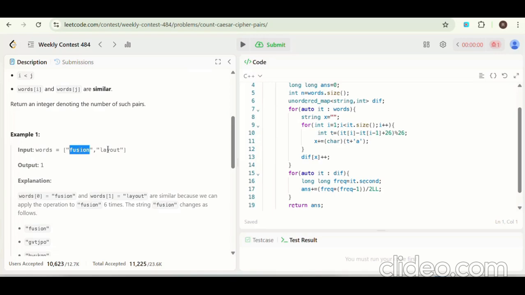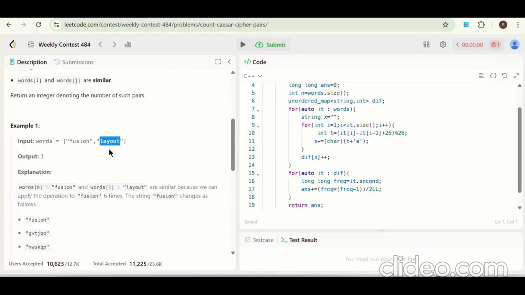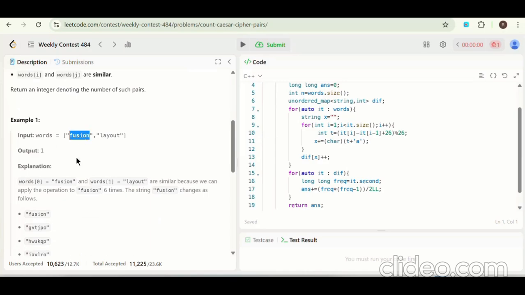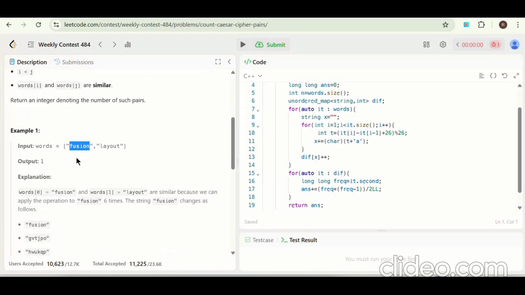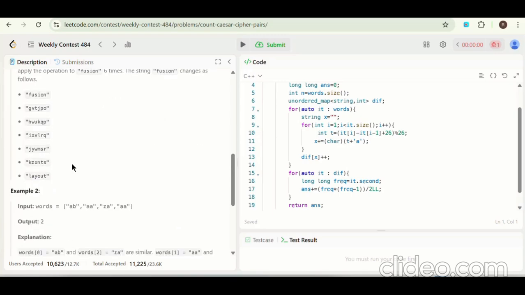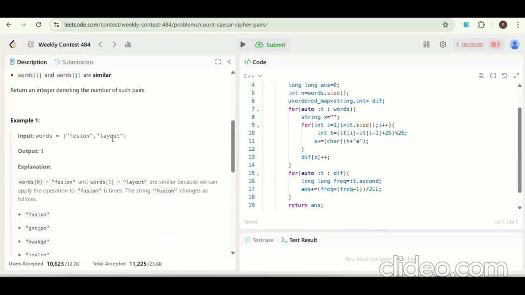If we try to find whether we can make them similar by changing the characters, if we choose fusion and try to increment every character, then we can get layout after the sixth operation. So we can say we have one pair. So the answer is 1.